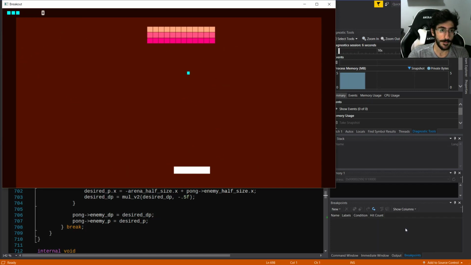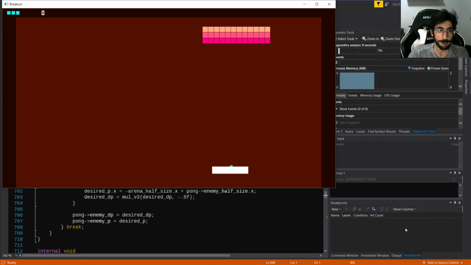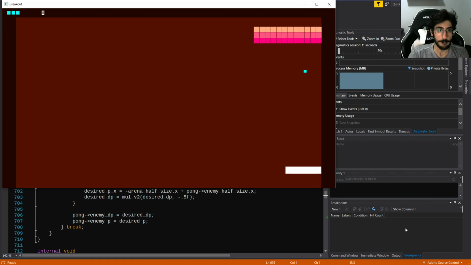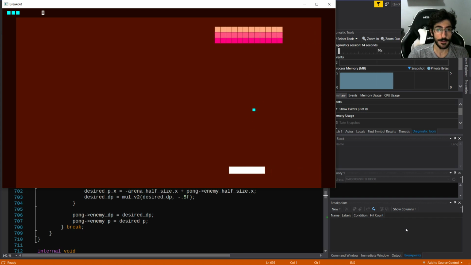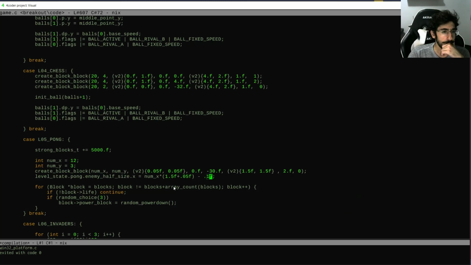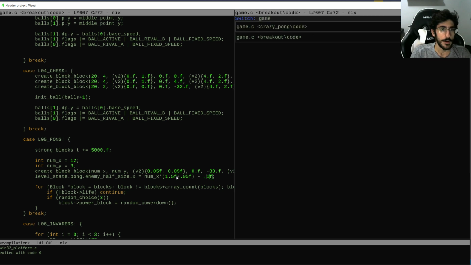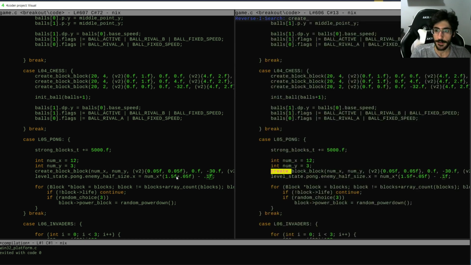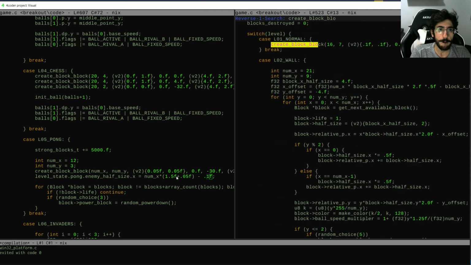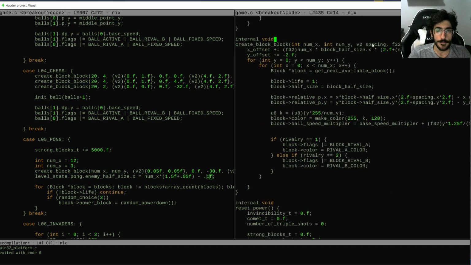Dude. Okay, so this is still not correct. 1.5. Let's just check out the parameters for create block. So